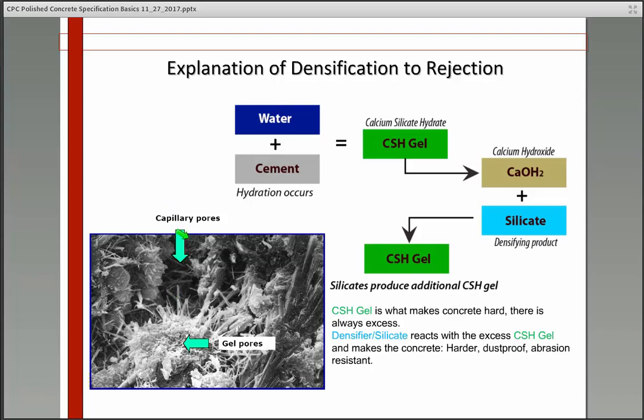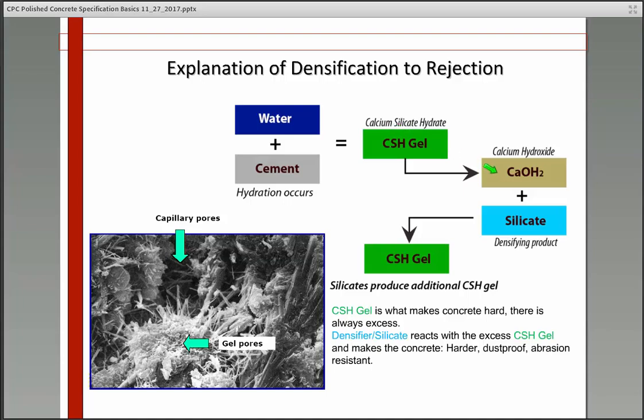This is gel that was done from the actual curing or hardening of that concrete, which was the original CSH gel. What happens is that as concrete sits, 28 days, 30 days, 300 days later, 3,000 days later, there's still going to be excess calcium hydroxide that did not react and did not make CSH gel during the original